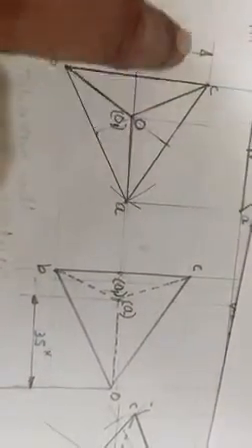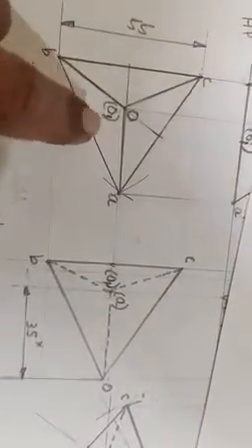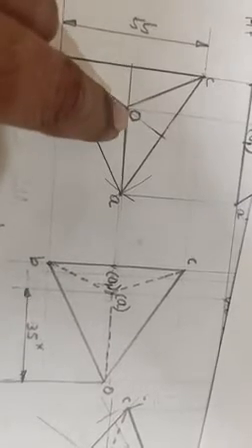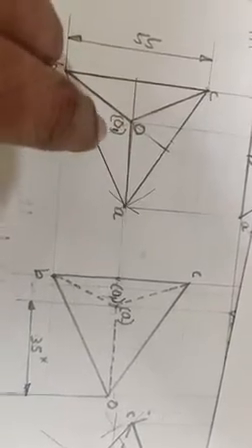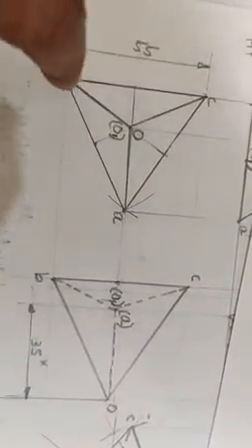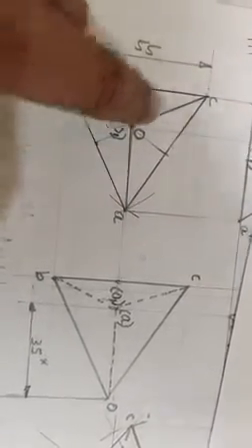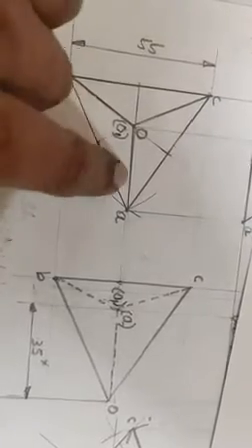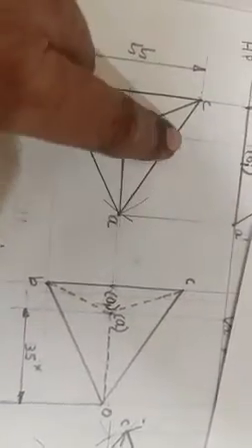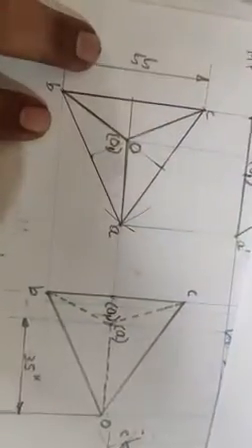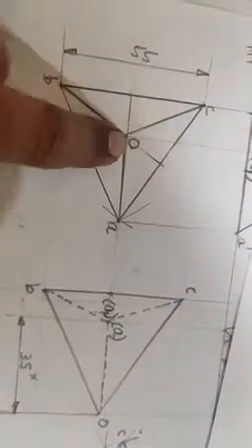So I need to draw the other three triangles. The first triangle is the base itself in true shape. Another three triangles I need to draw. So I need to locate the center point of the tetrahedron, say O1. I'll draw perpendicular bisectors. This perpendicular bisector divides this side into half, similarly this one divides AB into half, and this one divides CA into two halves. I hope you know the perpendicular bisector concept. Like that, you draw three perpendicular bisectors slightly, then you will get the center.